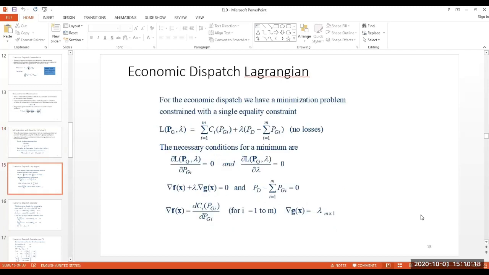Okay. So now we form our Lagrangian expression. Instead of using an arbitrary variable x, I have included here PG and lambda. The first part, if you remember, was f of x, the summation of costs for all the generators, which are functions of x variables or generation output variables, plus lambda into g of x. You see this is represented as g of x equals 0. So it is rewritten like PD, which was on the right hand side,